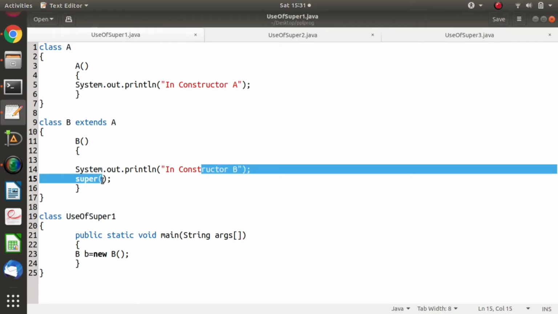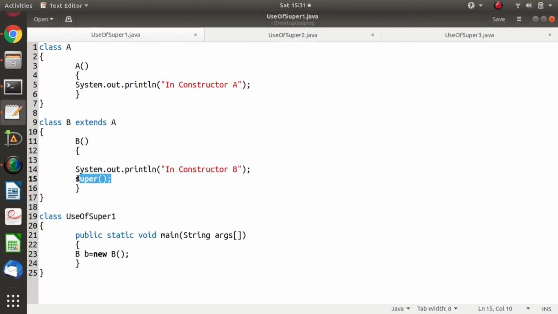So the super statement or super method should be the first statement in the constructor. Otherwise we will get an error. So it should be the first statement only. If you don't mention it, there is still no problem, because by default the super method is called.